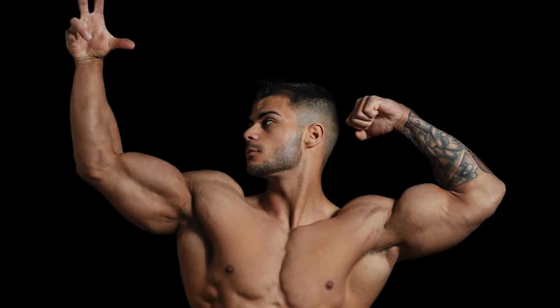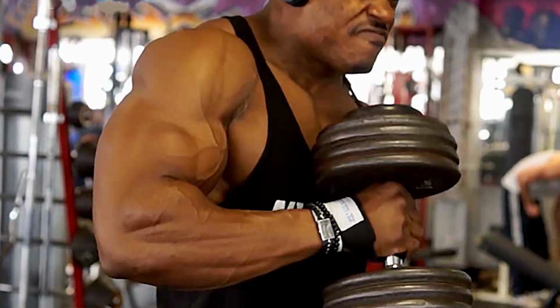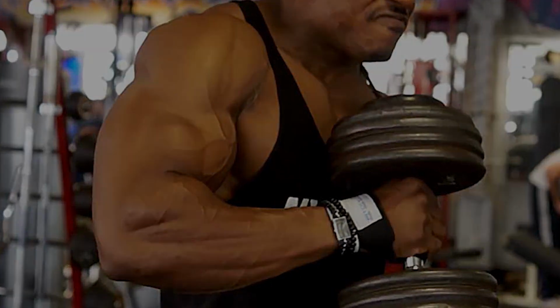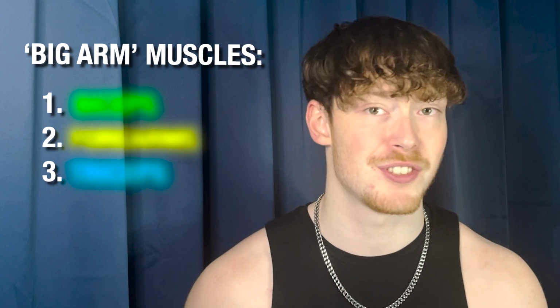When I started with the goal of building up my arms, my sole focus instantly went on building up my biceps. Because when myself and a lot of beginners think about getting in shape, you often think of the classic pose of someone flexing their bicep. And that was where I made my first mistake. To develop full and muscular arms, it shouldn't surprise you that you should actually be focusing on at least 3 muscles. The first muscle that really helps build size predominantly from the side, we may as well start there, is